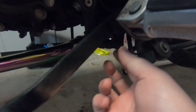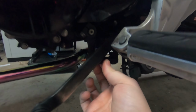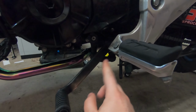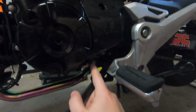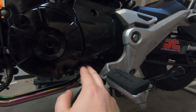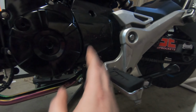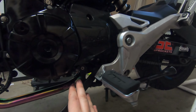So as you can see here, the stock one has all this linkage. It's got these rubber bits and whatnot. The adjustability on it sucks. You literally can't adjust anything here for fine play. You can only adjust it here, and I just hate it. I'm hoping I get a little more adjustability by being able to put it wherever I'd like on the splines. So without further ado, let's go ahead and get this stock sloppy shifter off of here and put the new